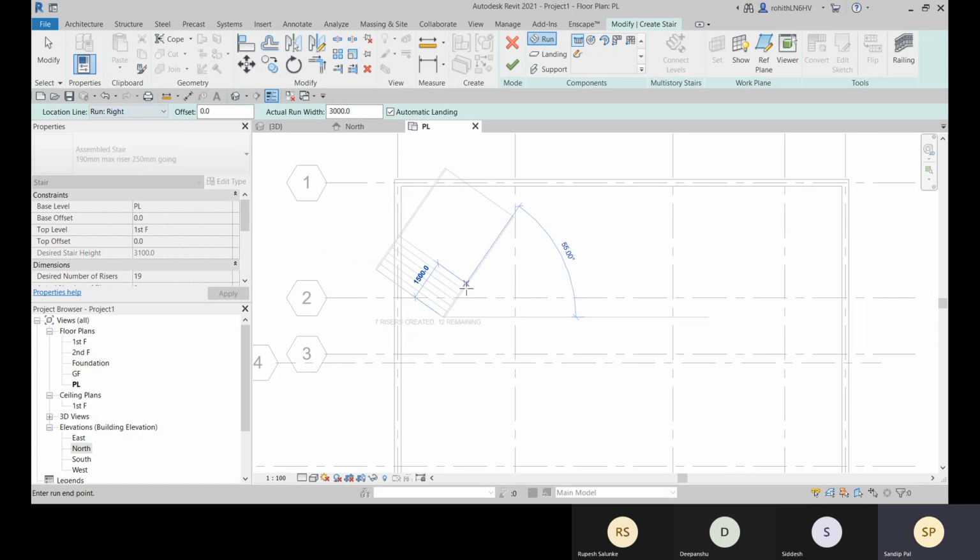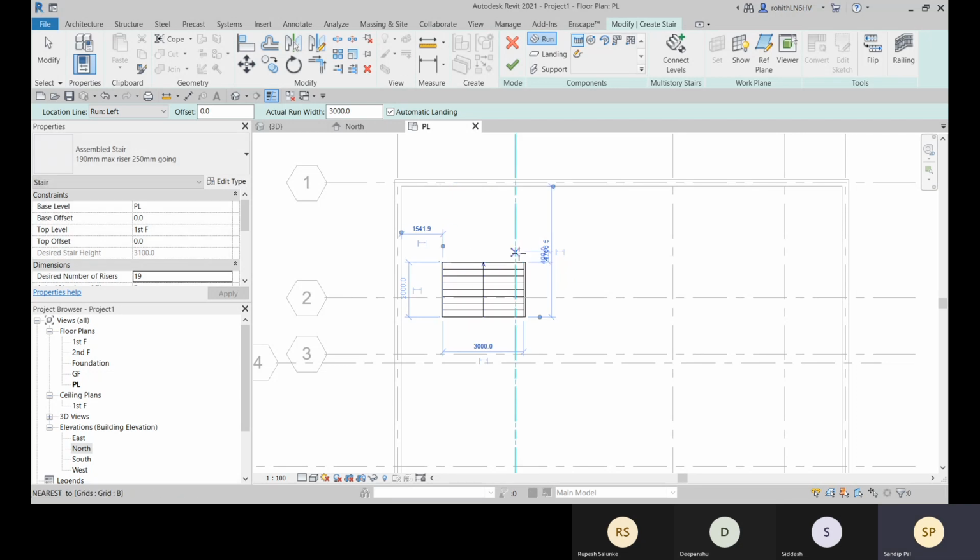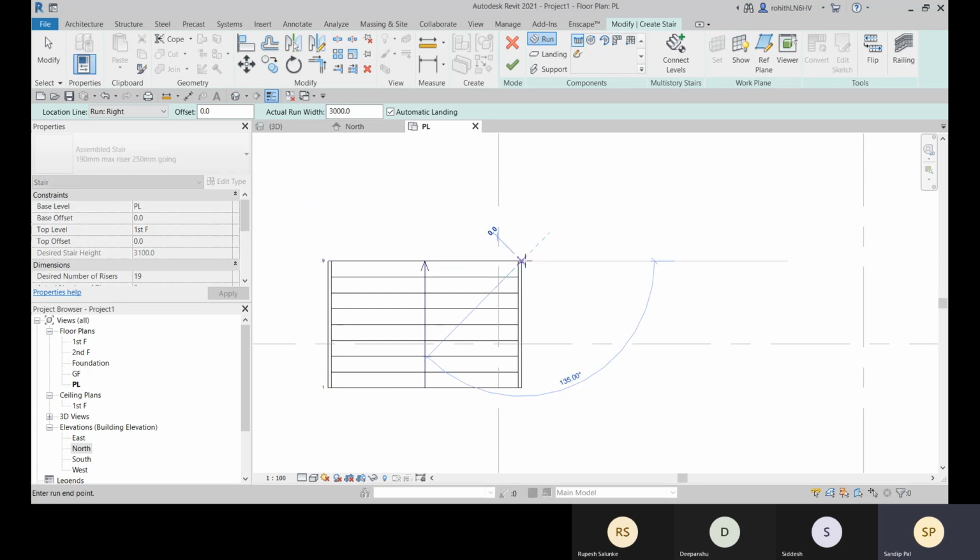You can make it the right side. So how you are placing, accordingly you need to choose. And now suppose you place it here, and now this is going to be the right side of your stair. So choose run right and specify this point.